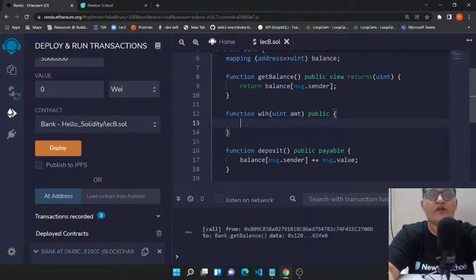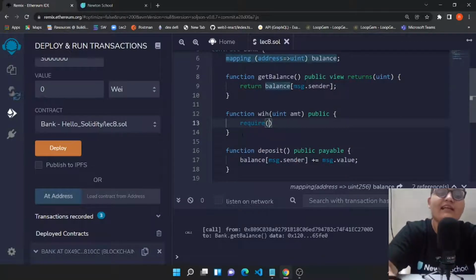Now, to withdraw money, we should first check that if I want to withdraw one ether, then I must have at least one ether in my account or more. So we will have a require statement here. The require function helps me put some conditions: if this is true, carry forward with the function, otherwise revert it.